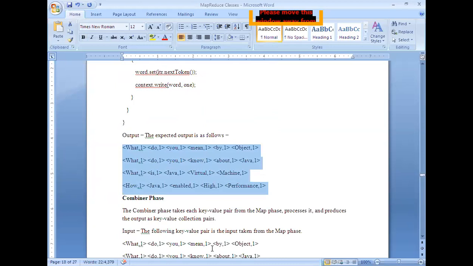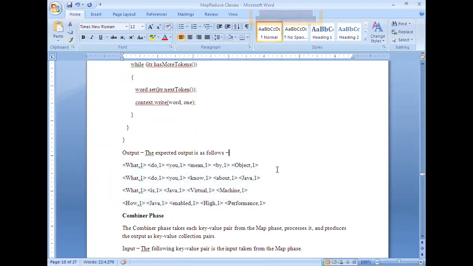Simply, it groups by the key. That means by taking all these inputs, what is it supposed to produce as output? For example, how it will be grouped is: what are the values? 1, 1, 1, 1.